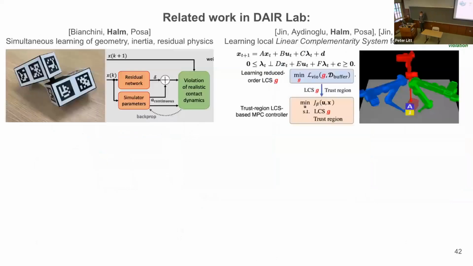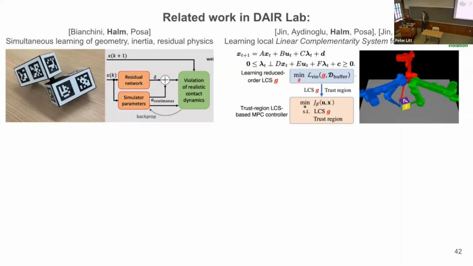So there's a lot of work happening in the lab surrounding these contributions. I'm going to highlight two thrusts. One is work being led by Bianchini on applying contact nets in much more complicated scenarios. Specifically, she's interested in learning inertial properties, geometric properties, as well as complex unmodeled physical effects from more complicated objects, such as ones with articulation. In particular, it's important to have these learned residual components as well, because it's very difficult to model the frictional behaviors internal to the joints of articulated bodies.